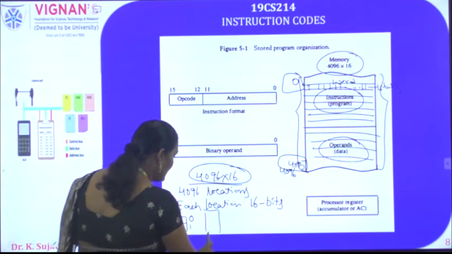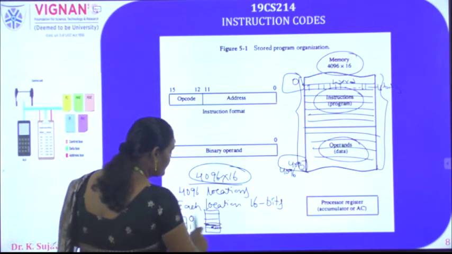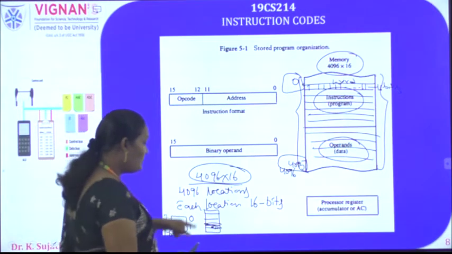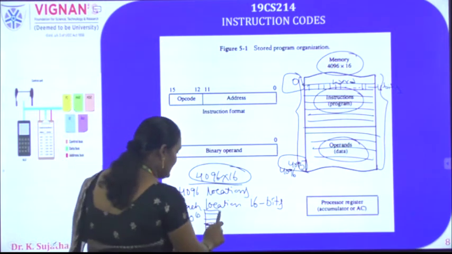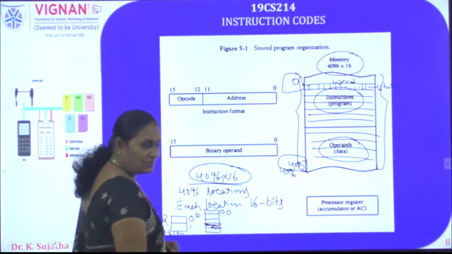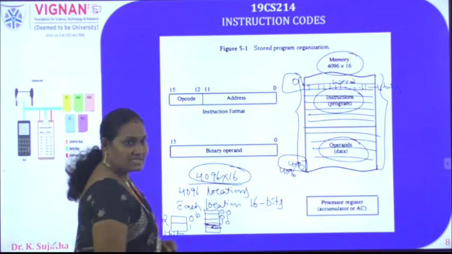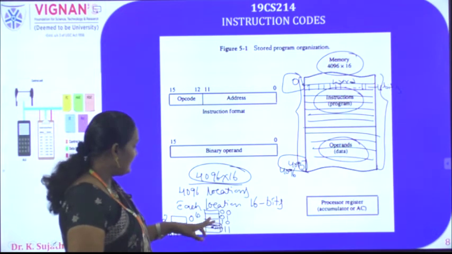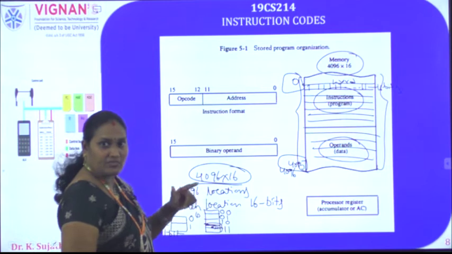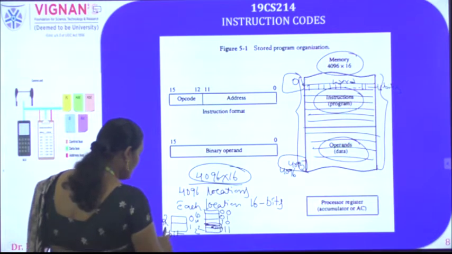Suppose your memory contains 4 locations. How many bits do I need for the representation of the address of each location? Let us see. The first location is represented with address 00, the second with 01, the third with 10, and the fourth with 11. That is, here I need 2 bits for the representation of the address of each location. So 4 means 2 power 2, and 2 means 2 power 1.